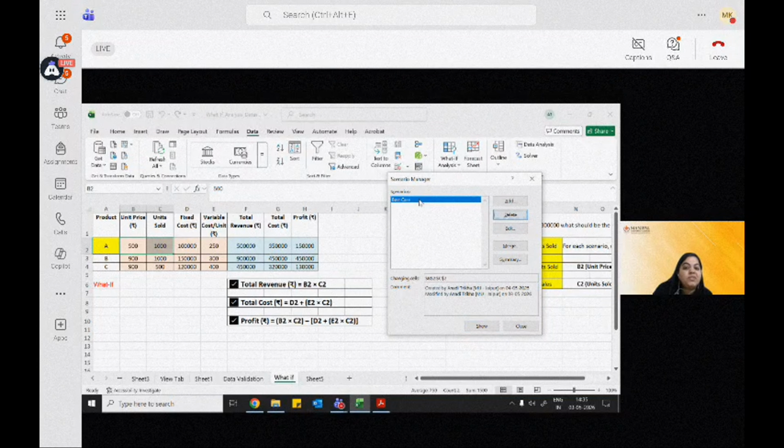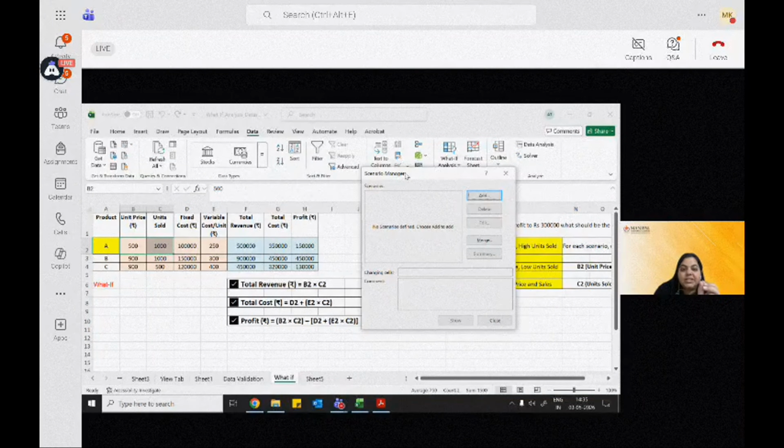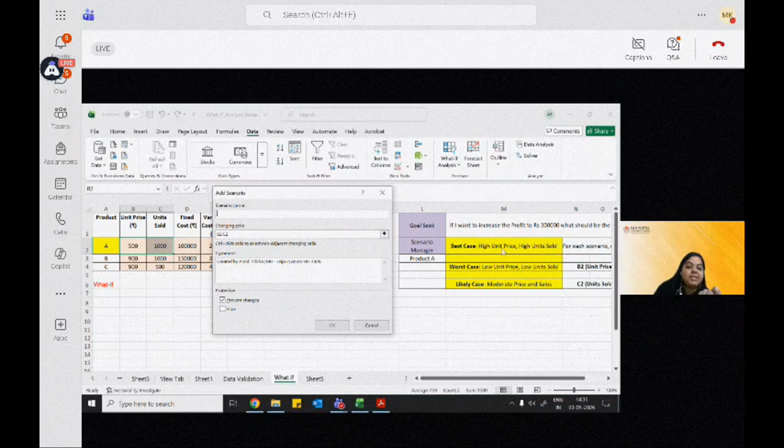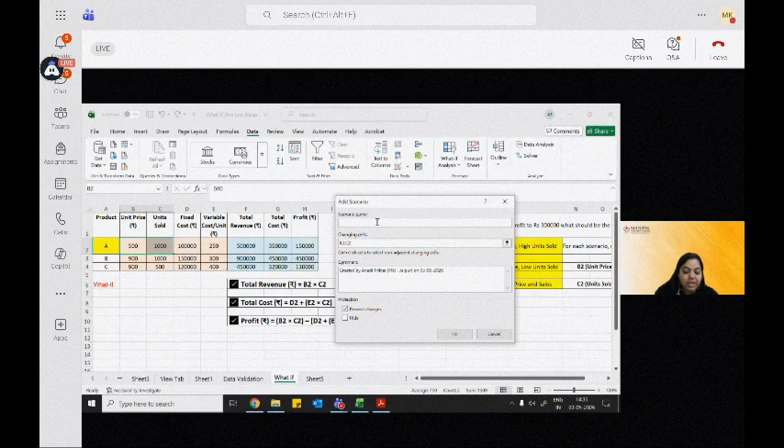So whatever you see in your Excel sheet already there, please delete them, okay? Just for the sake of understanding, I've kept it in the file. Otherwise, just delete it and create a blank scenario for yourself, right? So let's add scenario one, best case. Okay. So the best case is high unit prices and high unit sold. So let's name it best